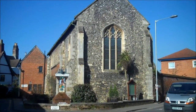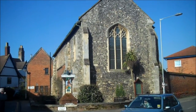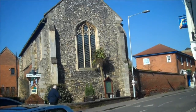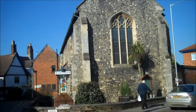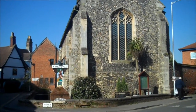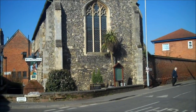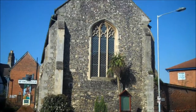So this 12th century building, which is Becket's Chapel, was used as a church for guilds, and each individual guild had to keep a candle burning for whatever reason. And after the dissolution of the monasteries and the Reformation it fell into disuse, and it has had several uses since then, including that of a school and